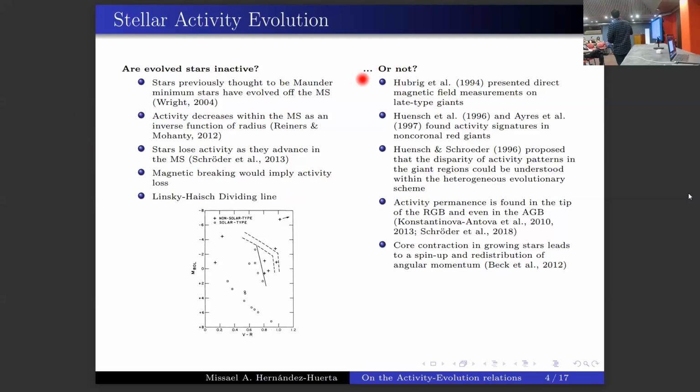Pero, por otro lado, tenemos otro grupo de resultados que nos indican que esto puede que no sea así de simple, porque se encuentran señales de actividad por todos lados en el diagrama HR, y se ha propuesto que estas disparidades en el comportamiento de la actividad en la zona de las gigantes podrían ser atribuidas a que son muy dispares en evolución, porque lo son en masa. Este resultado es también muy importante porque puso sobre la mesa la idea de que conforme las estrellas se hinchan, es decir, se hacen gigantes, su núcleo se está contrayendo y eso provoca que se acelere, de modo que el momento angular dentro de la estrella se redistribuye y perfectamente podría haber una reactivación del dínamo interno, es decir, de la actividad.